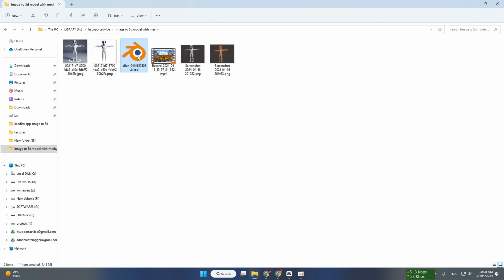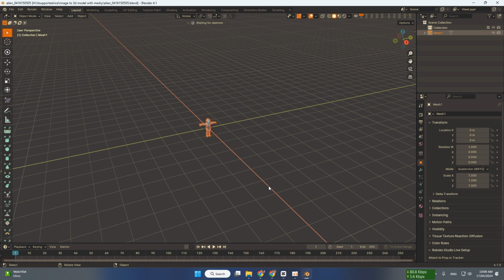Now I'm going to double click on alien, and it's going to open that alien project file. Now you can see here is the model. If I go close to the camera,